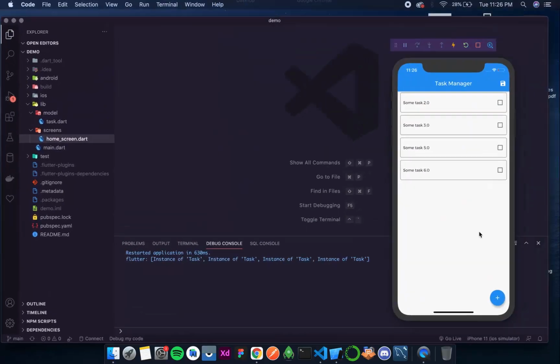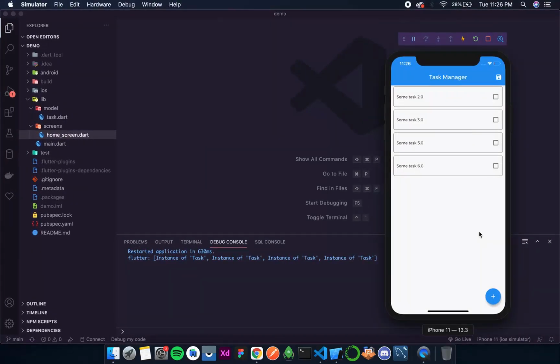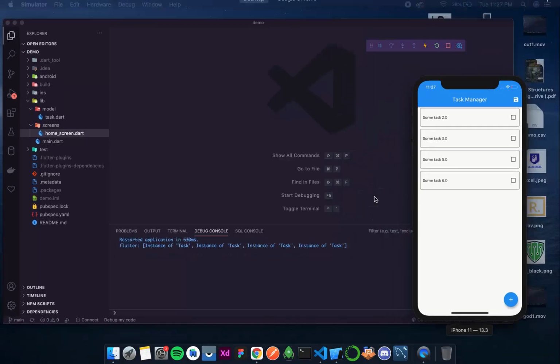So up until the last video we were able to create tasks, mark them as completed, and also save them. Now as we discussed in the previous video, suppose a person forgets to check all the things and the next day he wants to start fresh, meaning add new tasks for that day. It would be a better user experience if we have a button by which we can clear all the existing tasks at once. So let's do that.